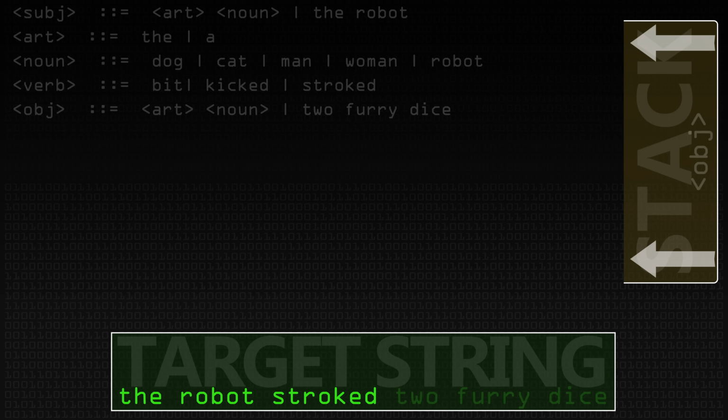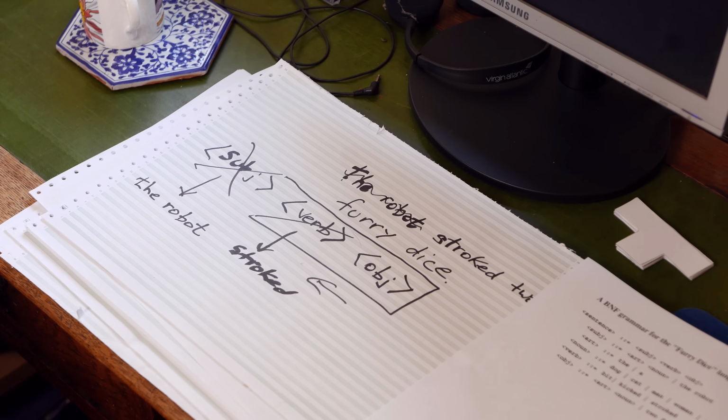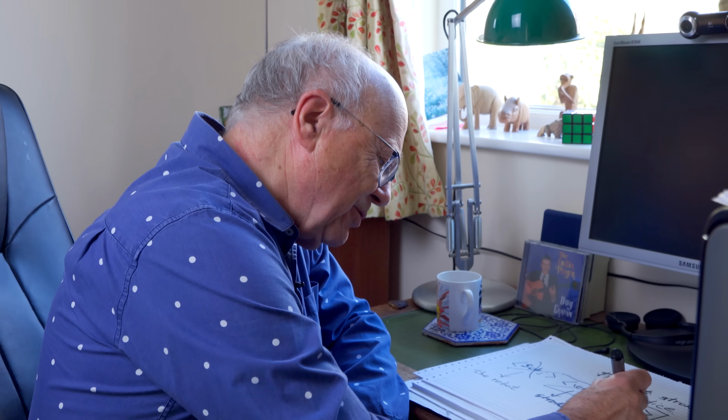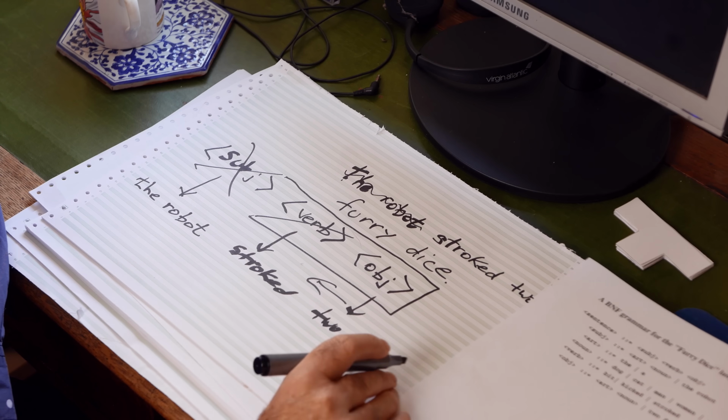Again, I've pulled a fast one here. In the rules for object, I said you can either break it down into an article and noun, just like the subject, only it's having the action done to it, or you can take a whizzy shortcut. An allowed shortcut for an object is what you might call an object phrase, and I put it in deliberately just to make a point. 2 fairy dice. Wonderful. Simple. An object can be 2 fairy dice.